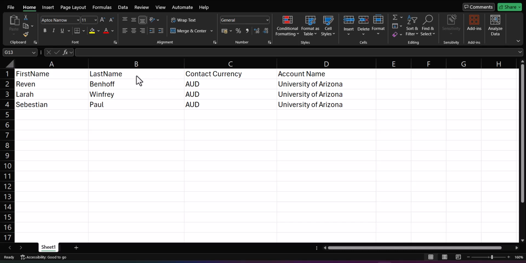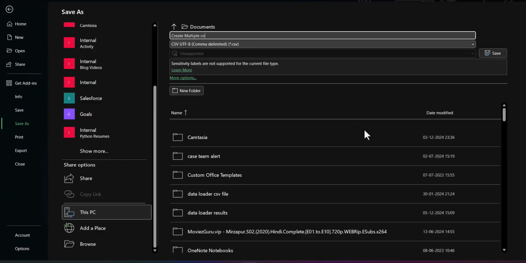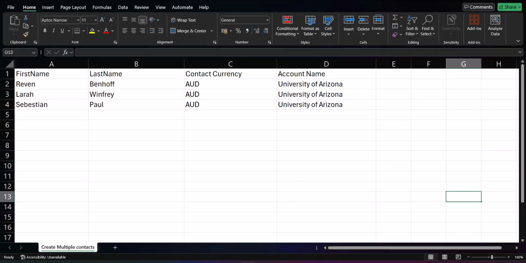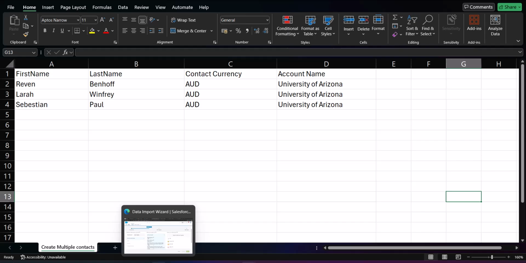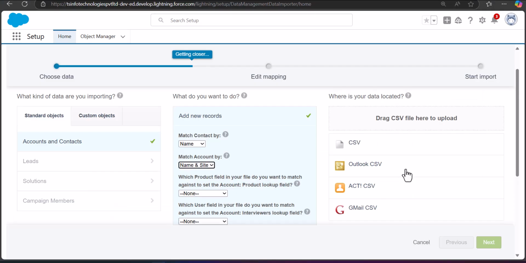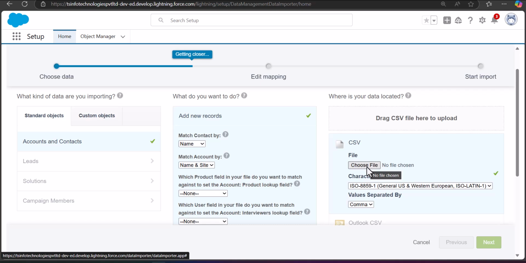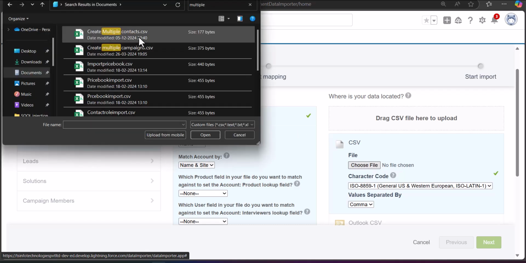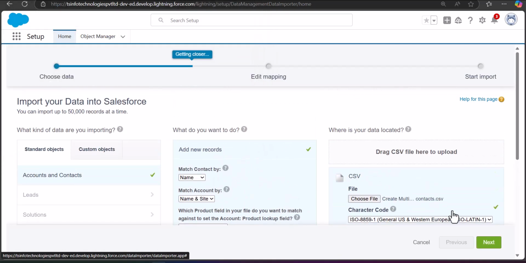So this is how you have to create the CSV file and enter the details in the header columns. So I will save the CSV file. So after saving the CSV file, we will navigate back to the data import wizard, and here we will select the CSV file. So here you have to click on the button choose file. So this is the CSV file that we have created to insert contacts, and after selecting the CSV file, click